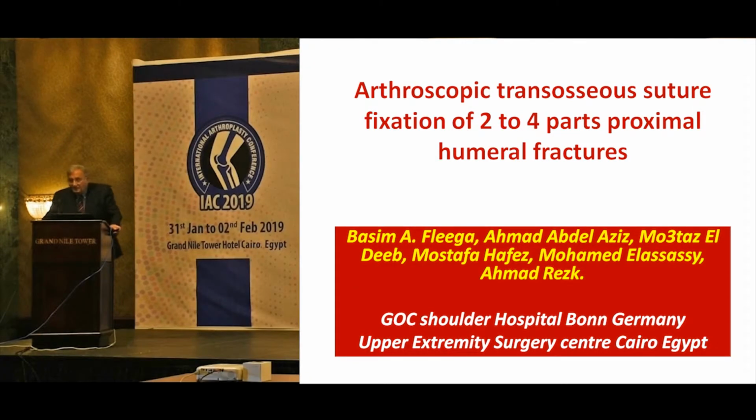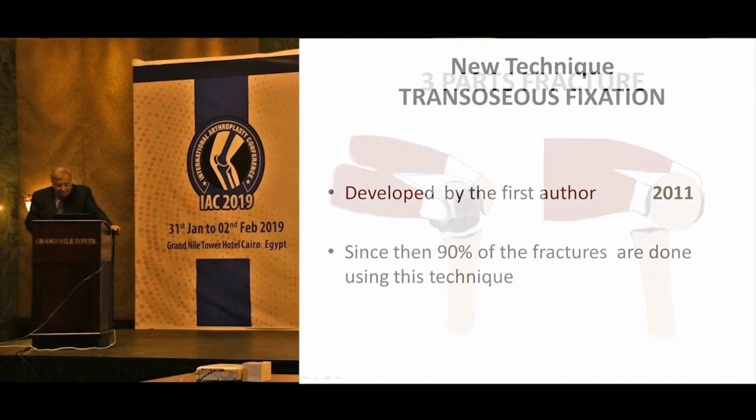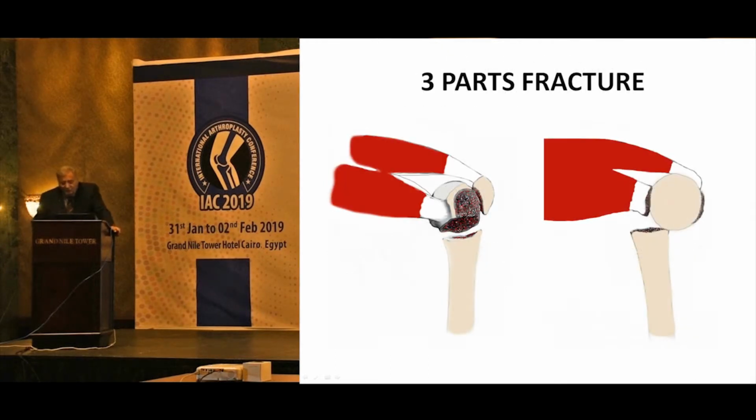I will present here a new technique of an arthroscopic reconstruction of 2 to 4 part fractures of the proximal humerus. This technique I have been using since 2011, and since then about 90% of all fractures are done with this technique. It is mainly used for 3 part fractures, including the greater tuberosity or